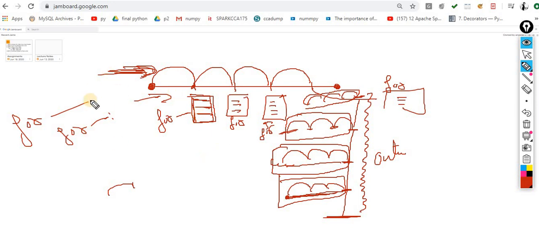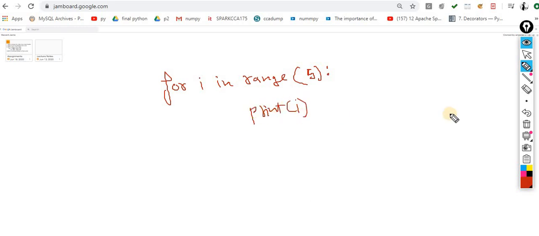What is the requirement of this nested for loop? Now understand one simple use case of how we will use the nested for loop, because this is a little diplomatic. We cannot say it's complex, it's a little diplomatic. So for the same, observe this scenario. Let's suppose for i in range of 5. Okay, so now when I print this i, what output will I get?